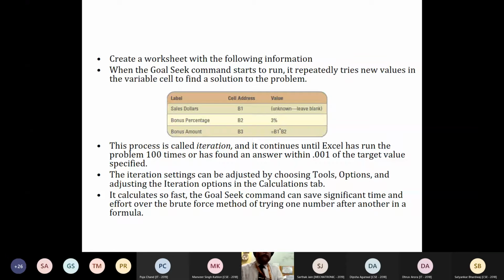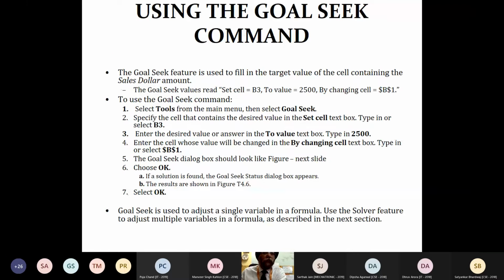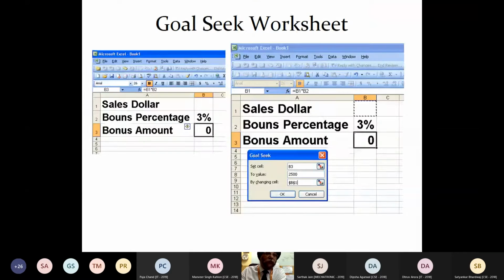Now mind these cell addresses also: B1, B2 and B3. See this one, like this you have to do. B1 is your sales in dollars, bonus percentage is 3 and bonus amount is 0.